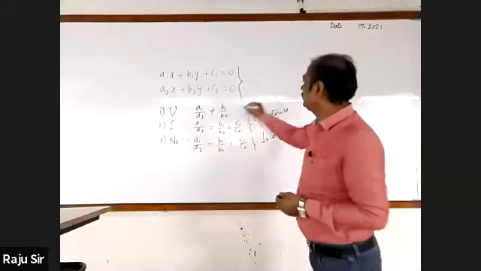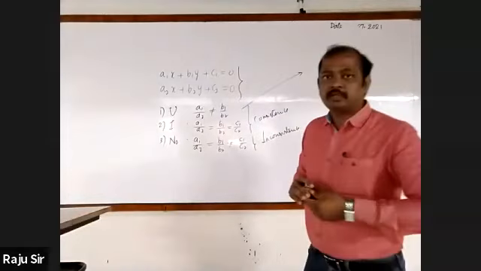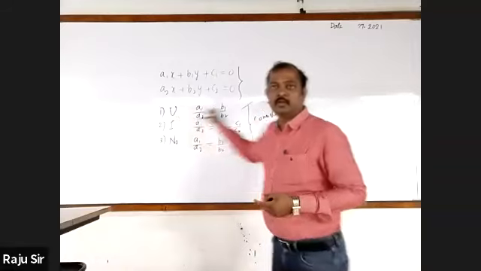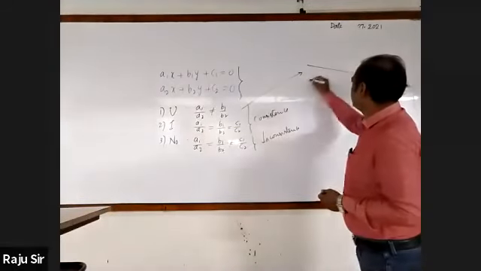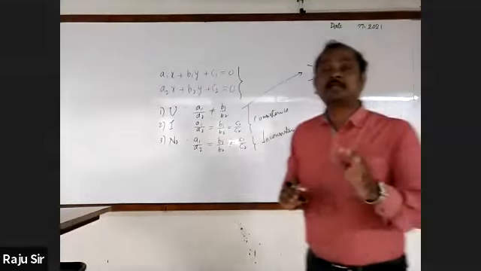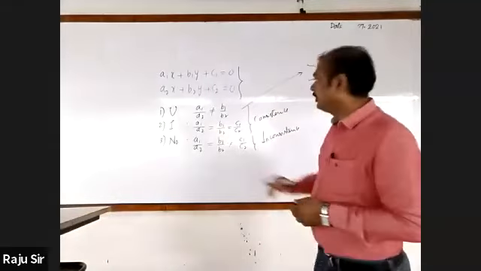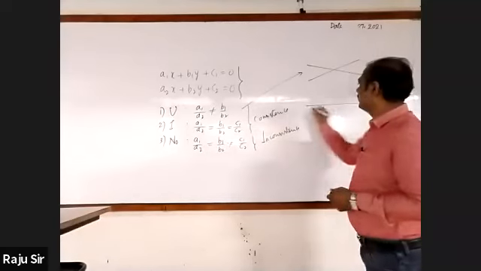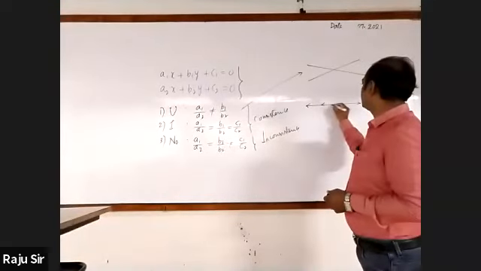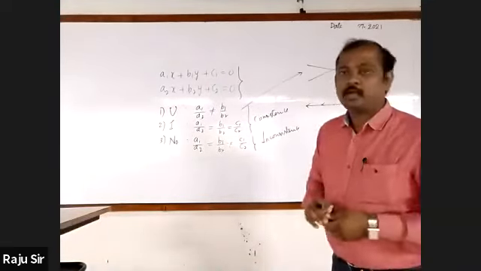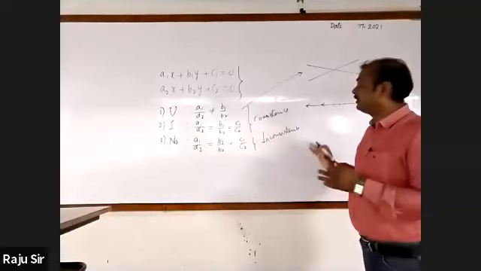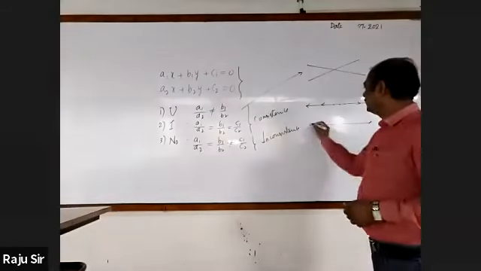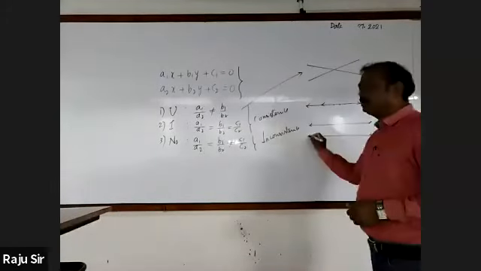Then how will the graphs of equations having unique solution look? The graph, nothing but lines, will intersect each other. For infinitely many solutions, the lines will coincide with each other. And for no solution, lines do not intersect at any point, which means the lines are parallel to each other.